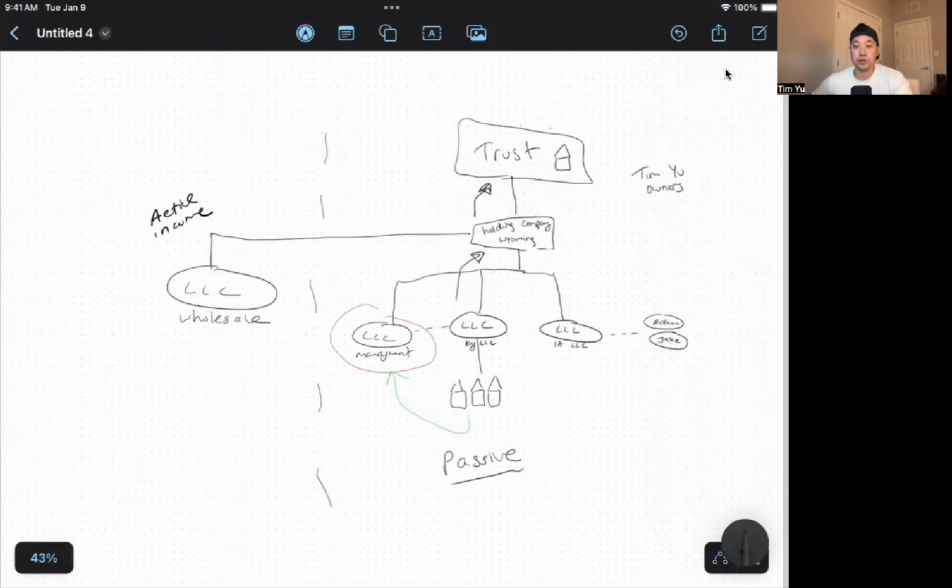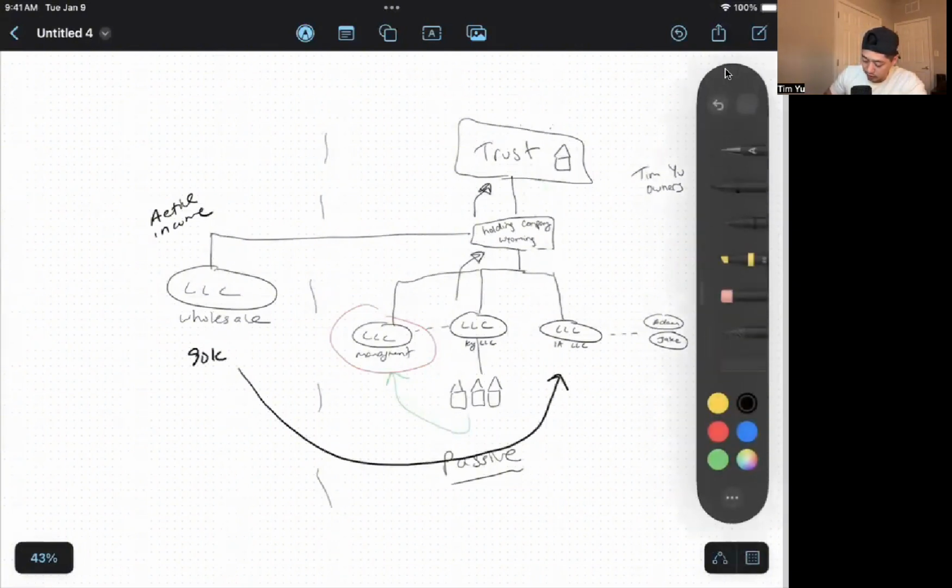Okay, so let's start talking about really interesting tips and tricks that I can do with the way my business structure is, right? Let's say I find a wholesale deal in Kentucky that I really, really want to keep and I want to buy it. Let's say I got it from the seller for 90K and I can actually sign it for 100K, right? Let's say that I want to keep this as a long-term rental. I can actually sell this property to one of my LLCs, one of my Kentucky LLCs here, right?